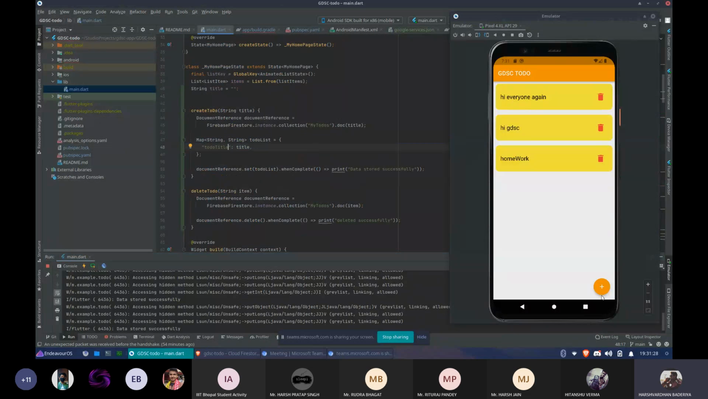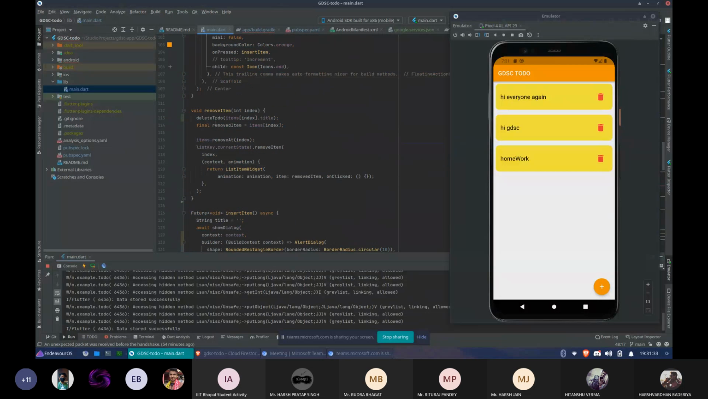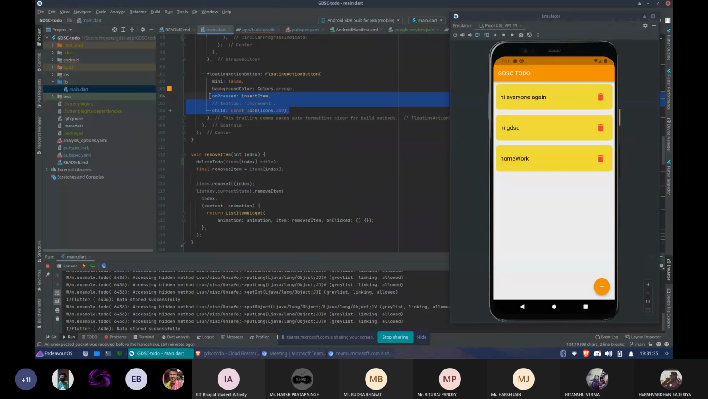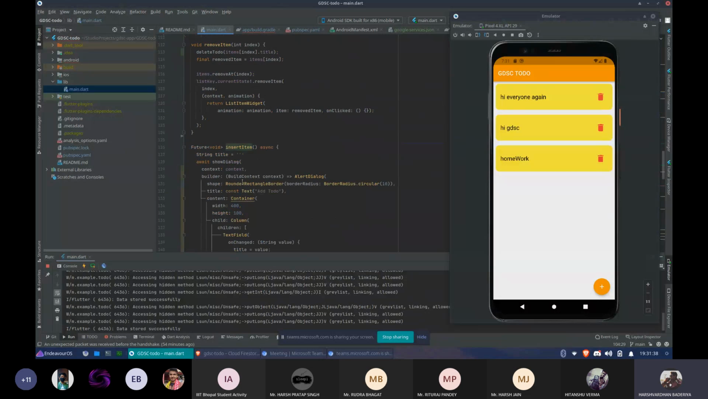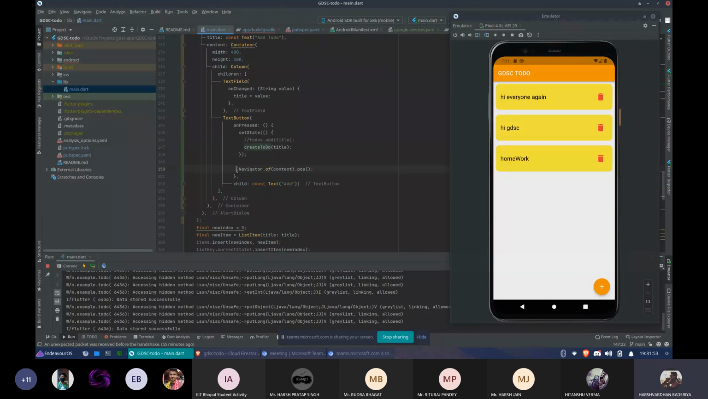Whenever I add it, my function gets called here, and in the insert item function, here I called it the add button. I called the create to do function, which is directing to that create to do, which is taking document references. And here I am using navigator dot pop function. So whenever I add something,